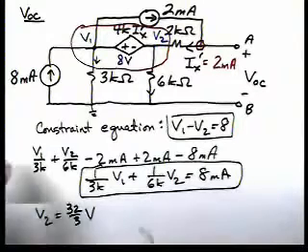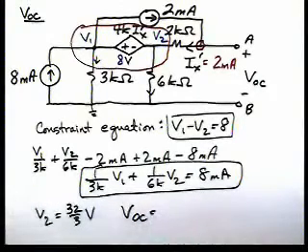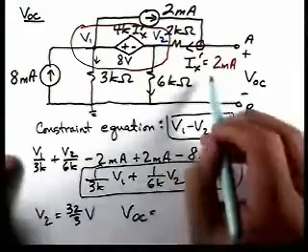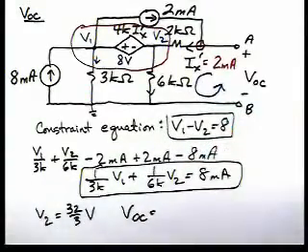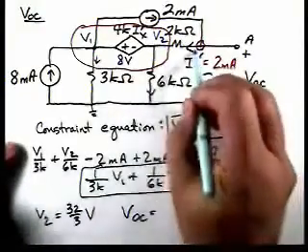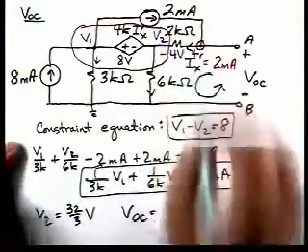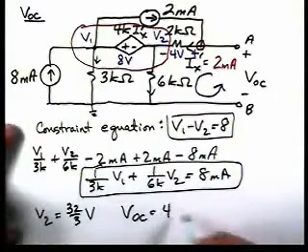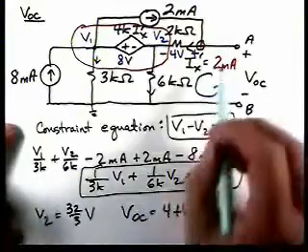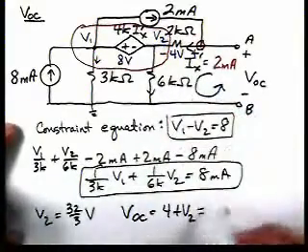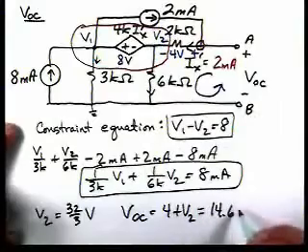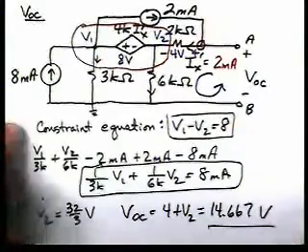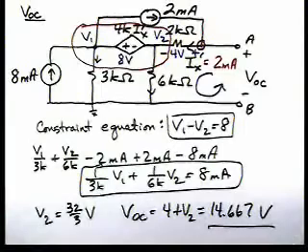And now, we need to calculate V open circuit. And to do that, we'll do KVL around this loop. We know that the voltage across this resistor is 4 volts because we know the current flowing through it. So VOC is 4 plus V2. So around this loop we have 4 plus V2, and this turns out to give us 14.67 volts. So that completes our calculation of the open circuit voltage. Now we need to